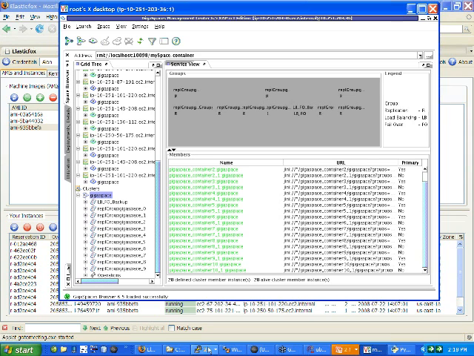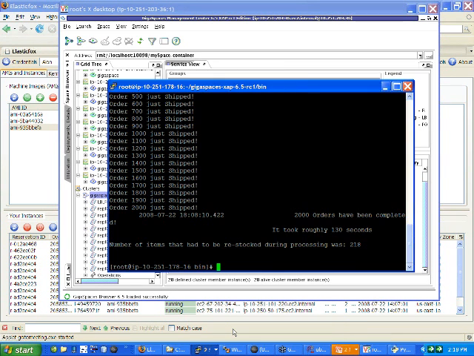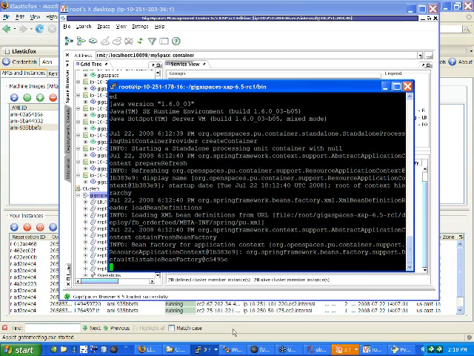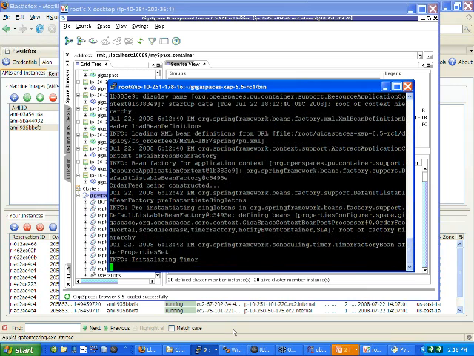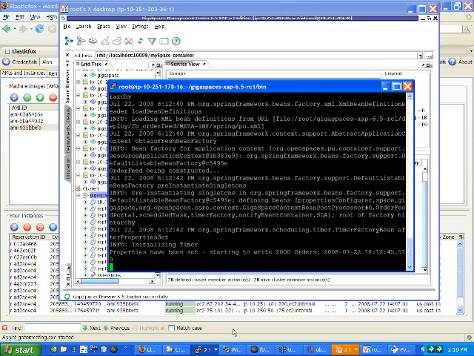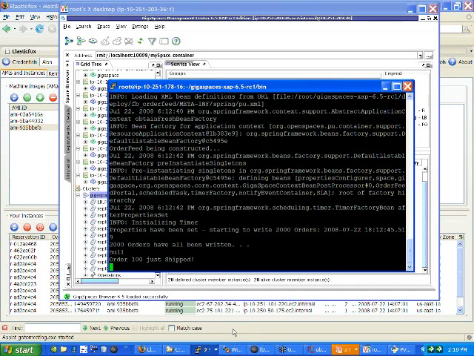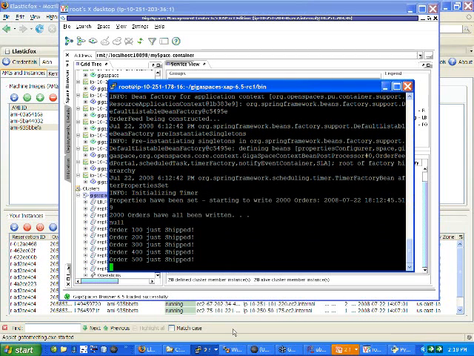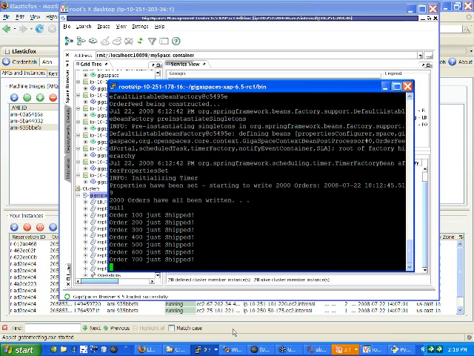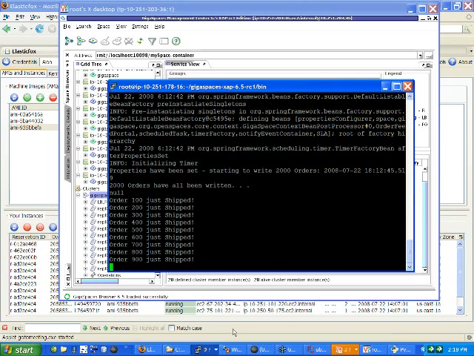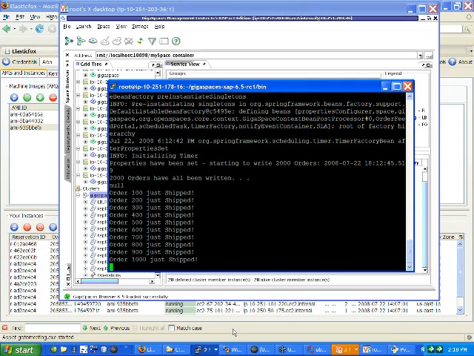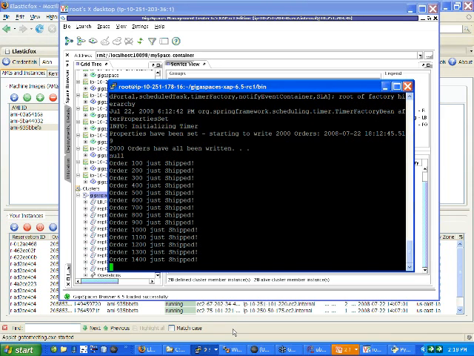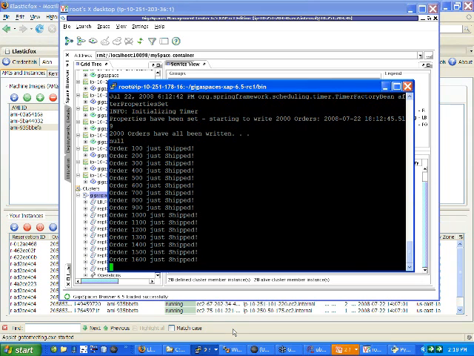So let's go ahead and run our client again against our 20 available resources. There's the same client kicking off. It goes out and finds its cluster proxy. This time the cluster proxy is aware of 20 nodes instead of only 4, and it begins to respond very quickly, indicating that work is being done at a much more rapid rate. We are able to execute those 2,000 orders in much less time. I'm crossing my fingers to get close to 30 seconds here.